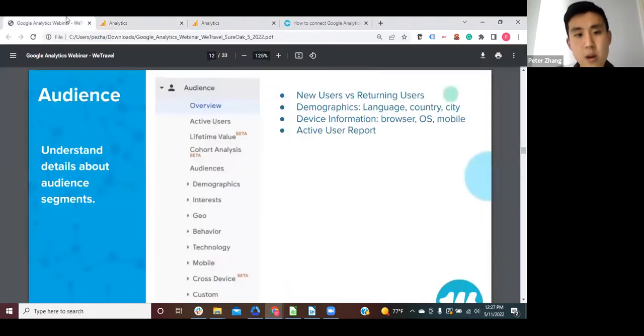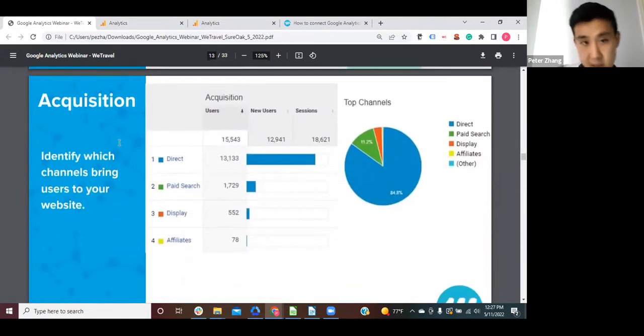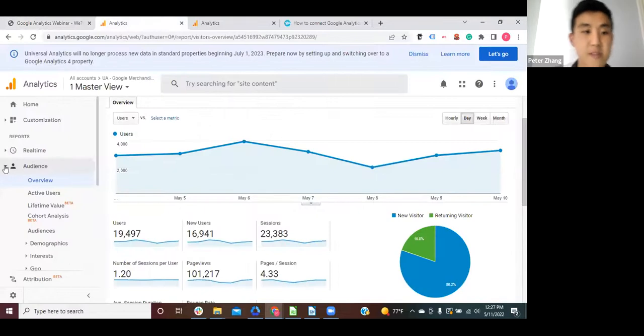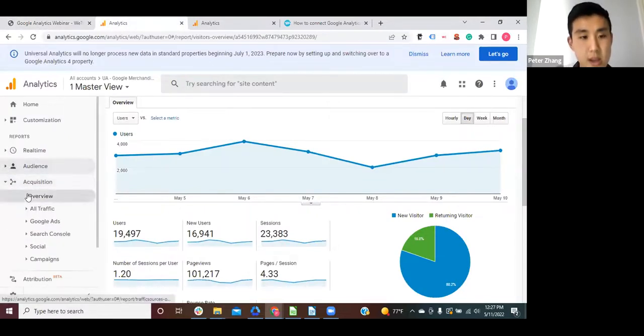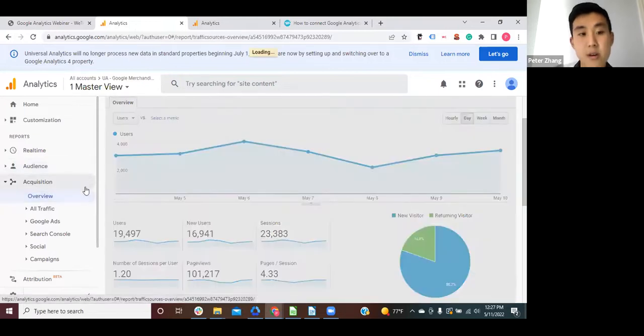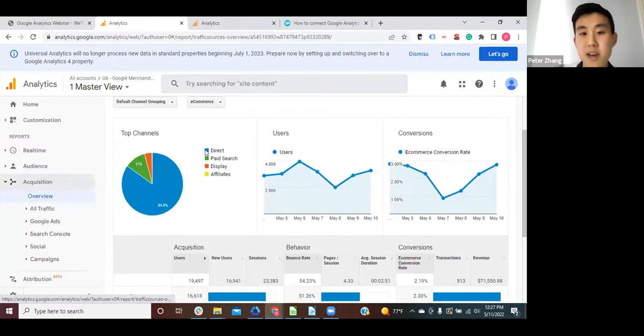And so we'll continue from there and look at the acquisition channel. So this is very helpful, especially if you're running different campaigns and you're looking at what sites or what traffic is coming to your website. And so typically you'll have a much bigger part of this pie chart being the organic channel, where people are coming to your site from a search engine visit.